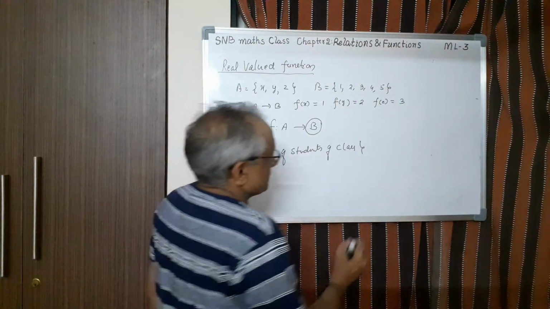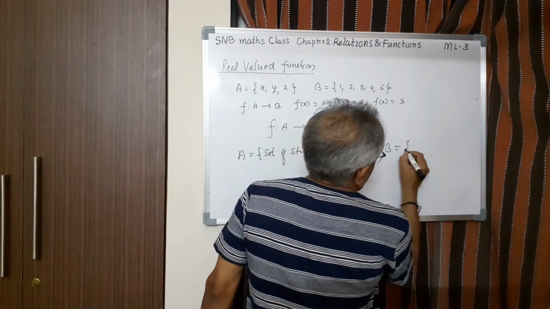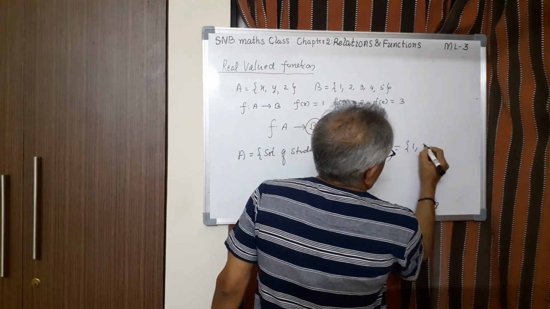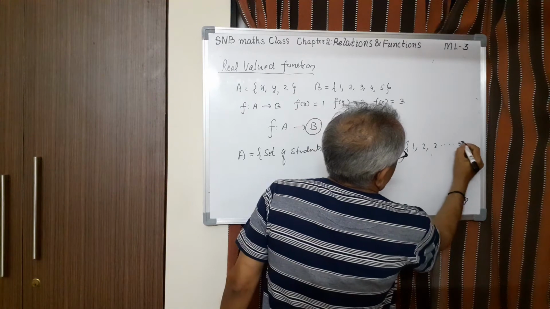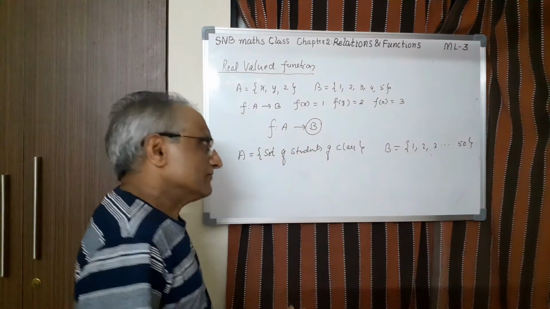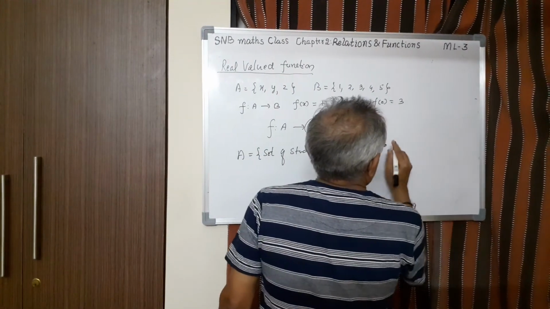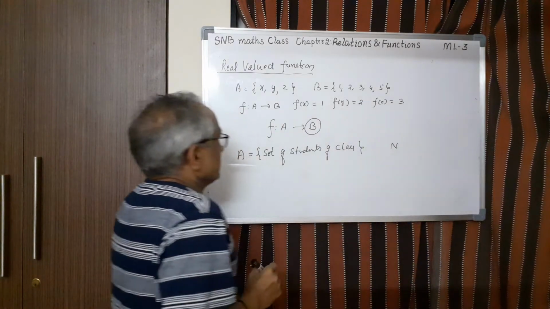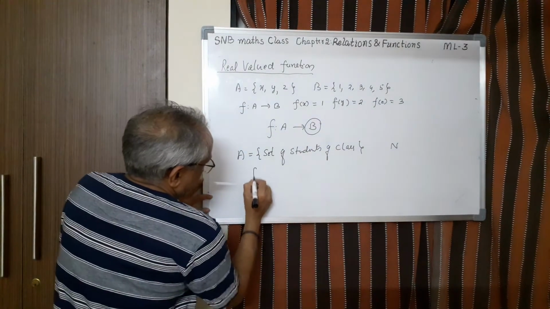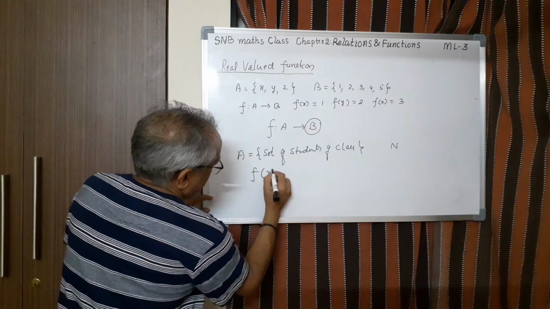people. Suppose B is, say, 1, 2, 3, etc., say up to 50, or even you can take B equal to n only. That's also okay. Now, suppose you define f of a student x equal to